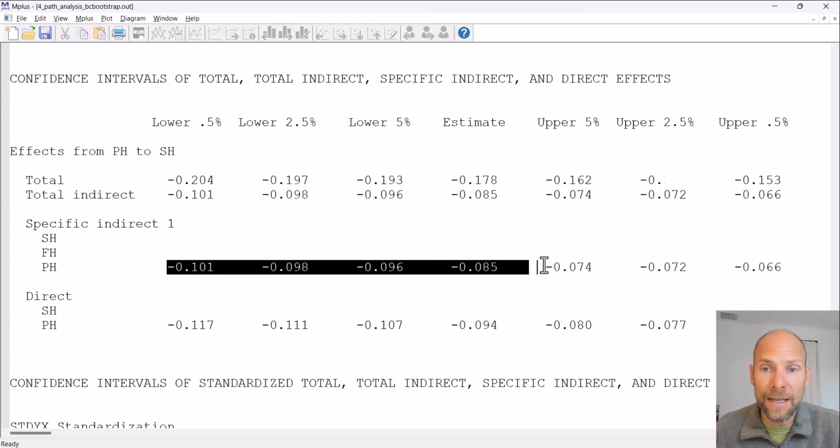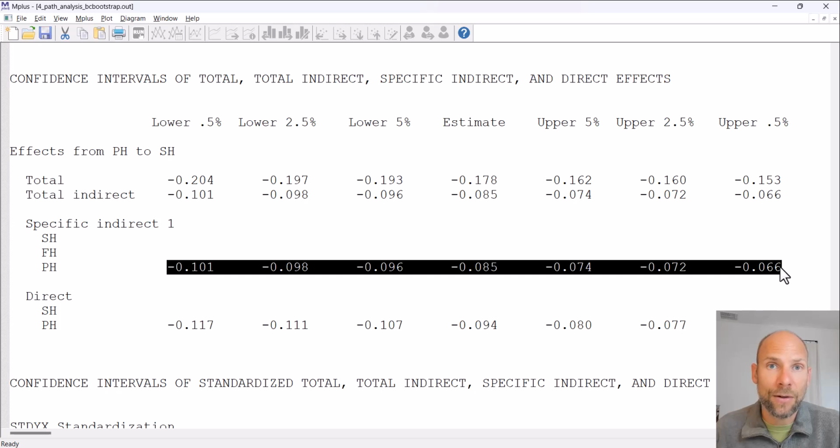So again, that also does not include 0, this interval, for 99% confidence, and so the effect then would also be significant at the 1% significance level, or alpha equals 0.01. So that's what you can conclude from these confidence intervals, which are based on the bias corrected bootstrap,